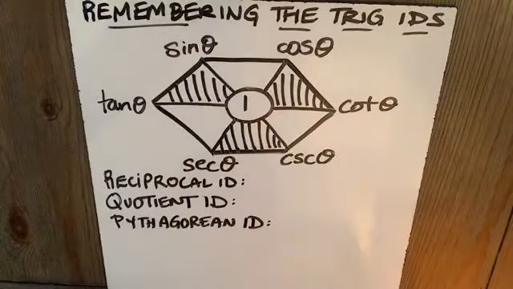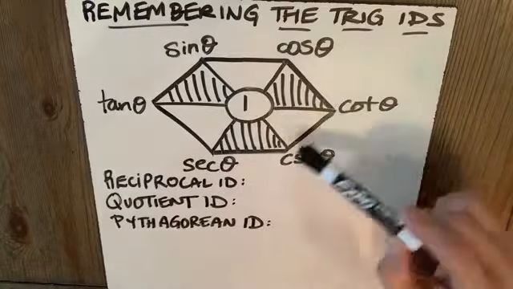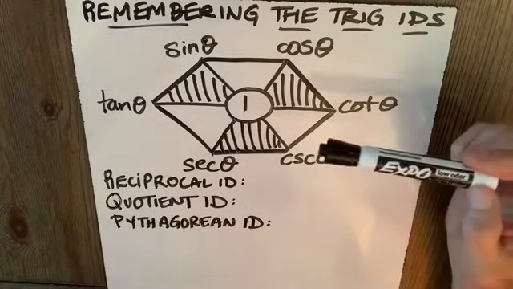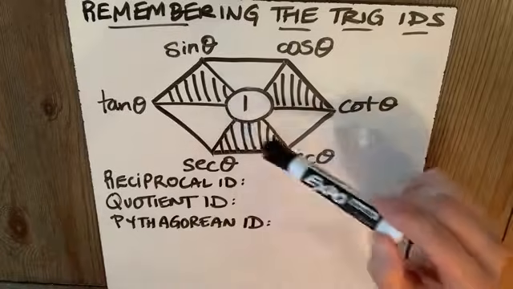How can you help yourself to remember the trig identities? Well, Mr. Wu showed me this drawing. He said that when he was growing up in Taiwan, all the students had to remember this diagram, and I just loved it. So you draw a hexagon, that's 6 sides, and put a 1 with a circle in